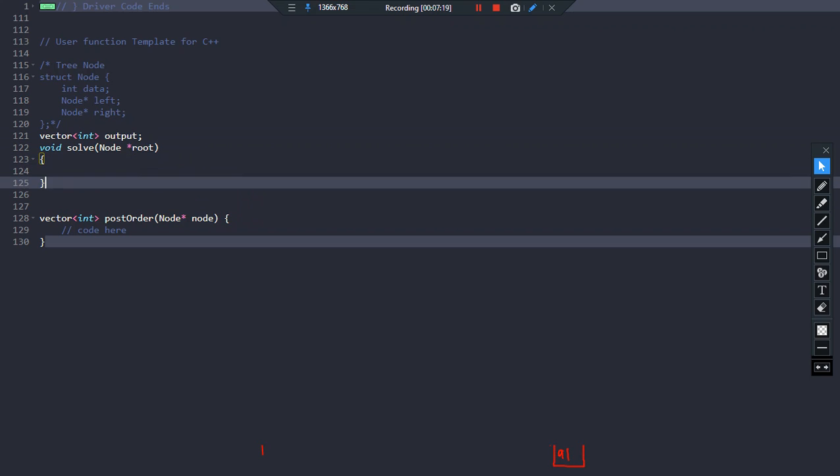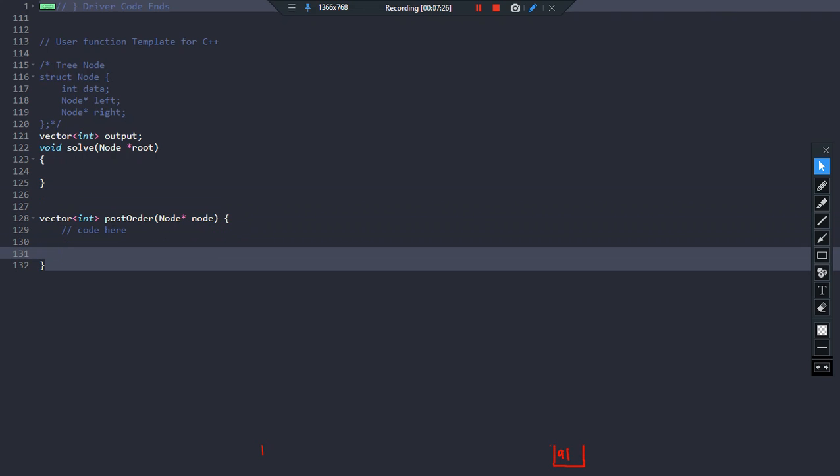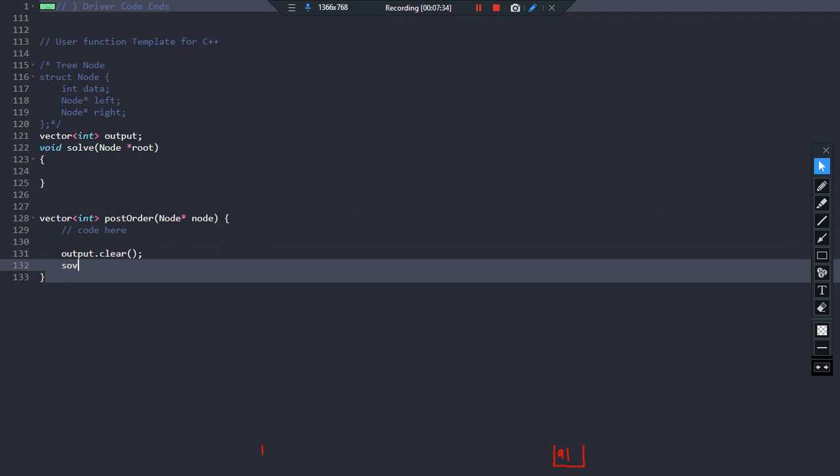And we know that this function will be called from here. So what do I have to do? First of all, output dot clear, and then we say solve root.